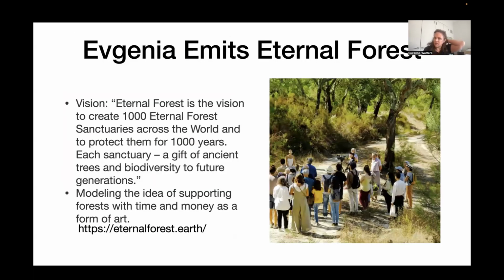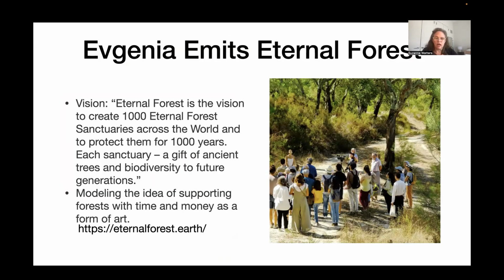And I'm really inspired by this artist. I'm sure some of you are familiar with her work, Eugenia Emmets. She's come up with this idea to do, in a lot of ways, a non-material project with her artist practice. And she calls it the Eternal Forest.